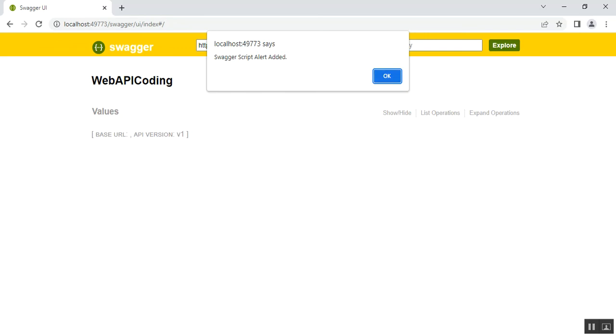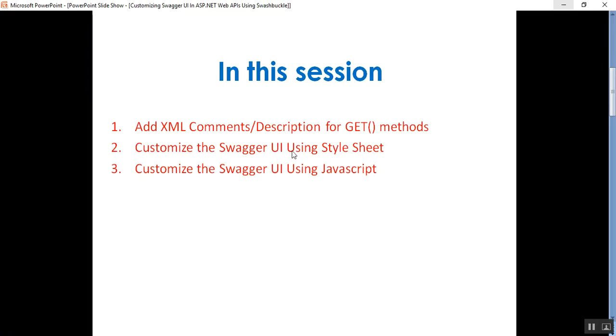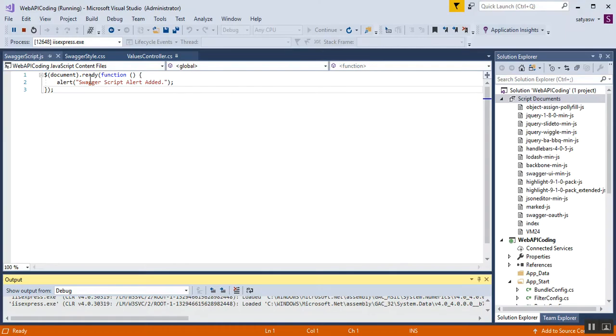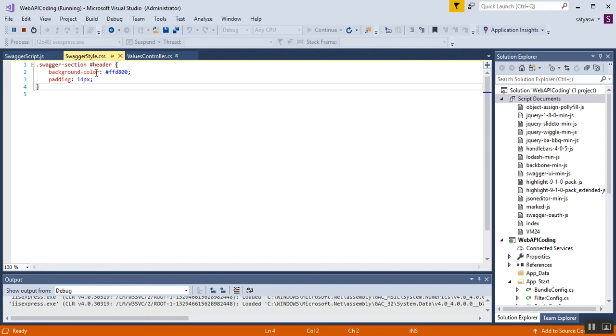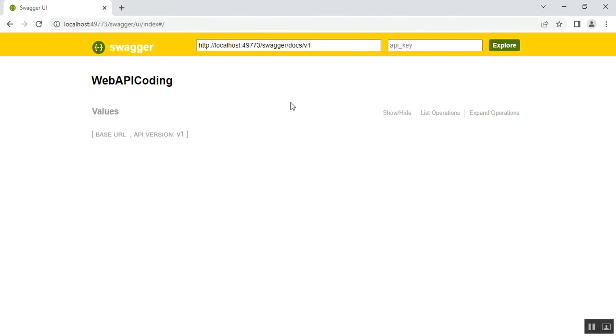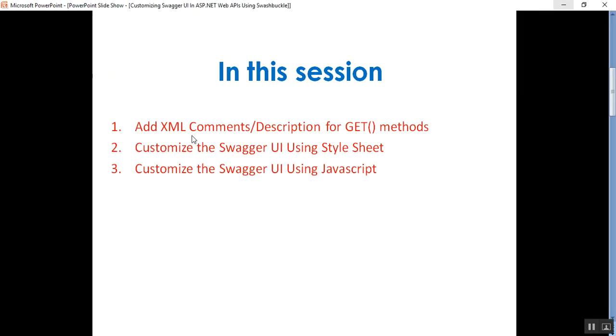So the next one I'll show you is customizing the Swagger UI using the style sheet. So go to style.css. The background color will be changed to this one and padding 14px. So I'll go to my Swagger UI. So you can see our header section is changed to the defined color, whatever we have mentioned in our CSS file, and padding is 14px. And next I'll show you the XML comments or description for HTTP GET